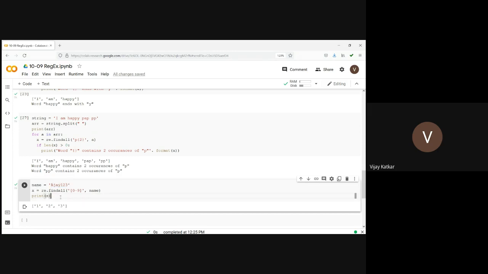So can anyone tell me where I can use this? Class, okay, now tell me where I can use this thing. Here it's a small 2-line code where I'm identifying whether a particular string contains one or more occurrences of a number or not. So where can I use it? Anyone? Let's say I can use it for what?